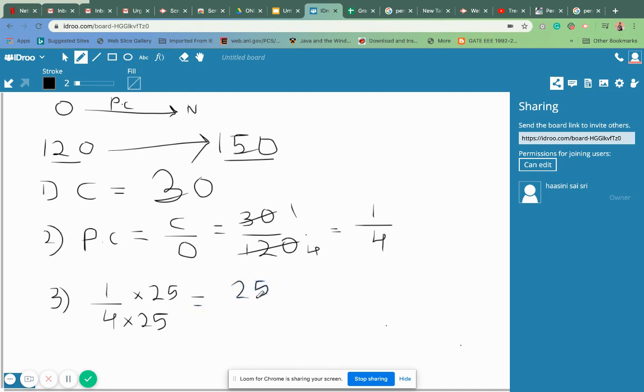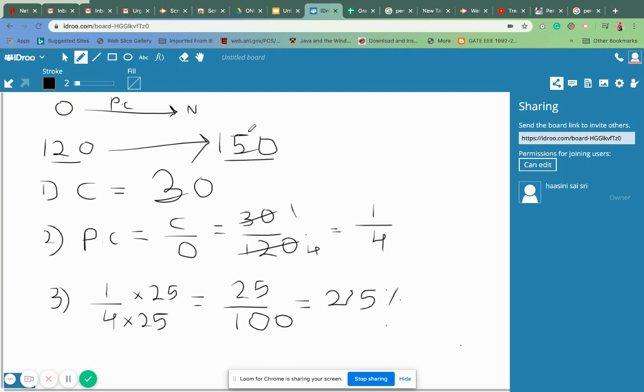That's nothing but 25%. Now if you see, the final amount is greater than the original amount, it means there is an increase that is happening. So here I can call this as percentage increase. So there is a 25% increase, and this percentage increase is happening with respect to the old amount. Always remember this, percentage change happens with respect to the old amount. That is why we are comparing it here.